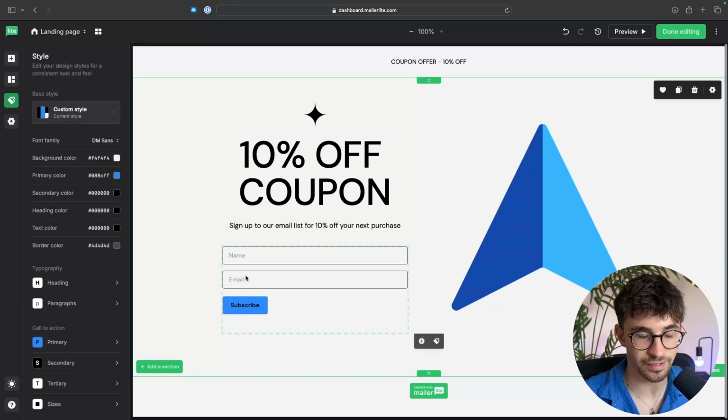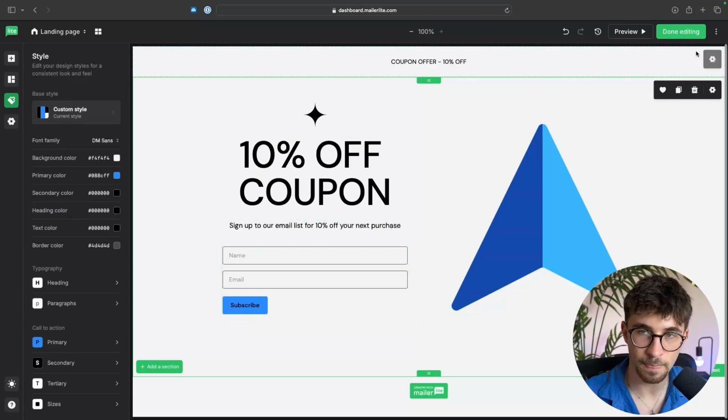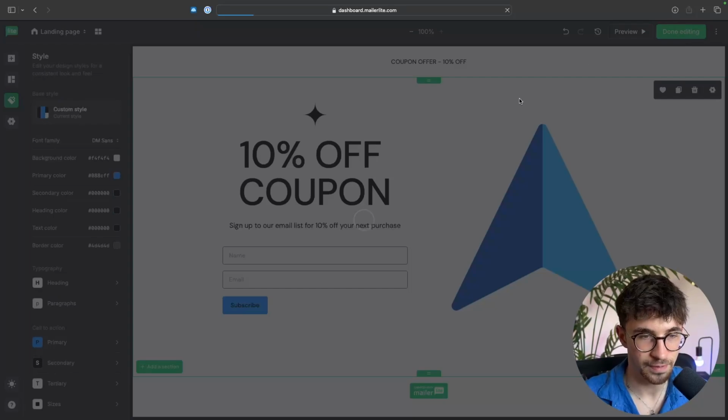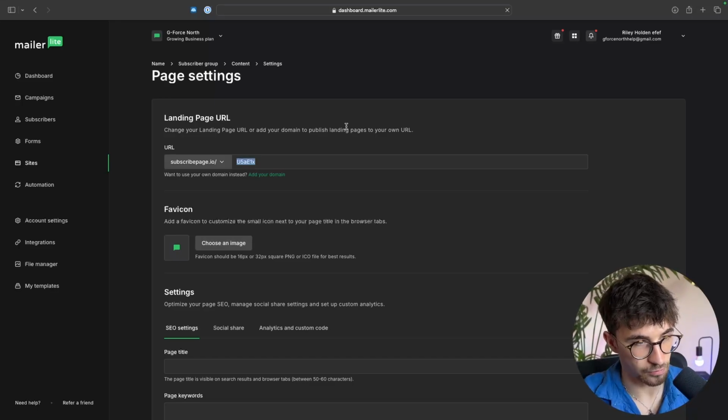So we have now created your landing page where we will be collecting emails. From here, we just click on Done Editing, and it's now going to take us through to the next screen. In here, we can choose a URL for this landing page. So I'm just going to say coupon offer,